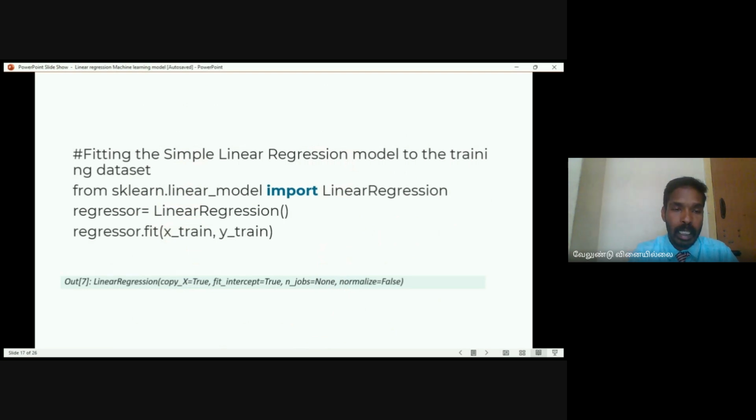So first, scikit-learn functions contain all kinds of machine learning algorithms. We don't want to write the whole algorithm. Simply we can use these functions for our purpose. So linear regression is our thing. We can make a linear regression regressor for the fitting. That means making the relationship between x train and y train, or making the relations of regressor fit. Exactly, this regressor fit is the key command line for our Python programming.